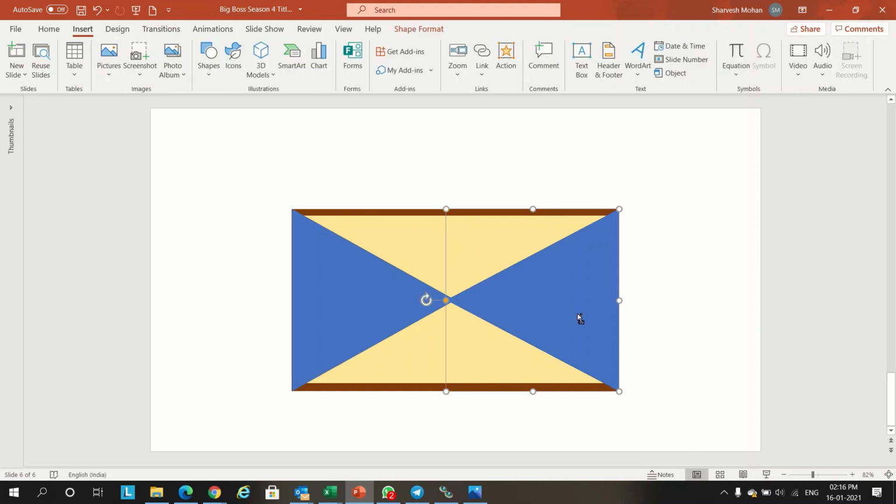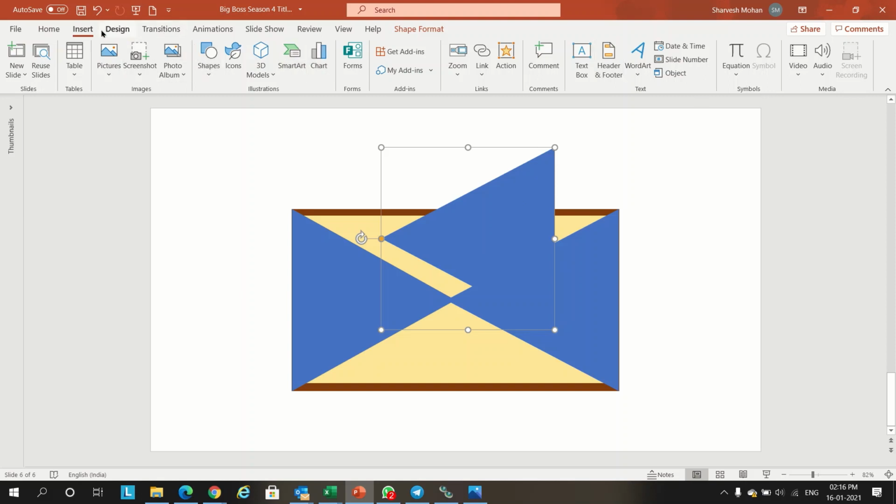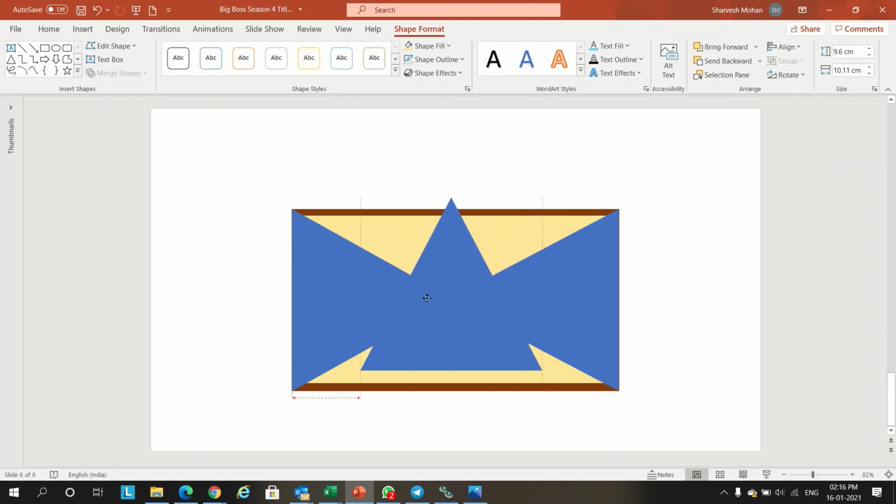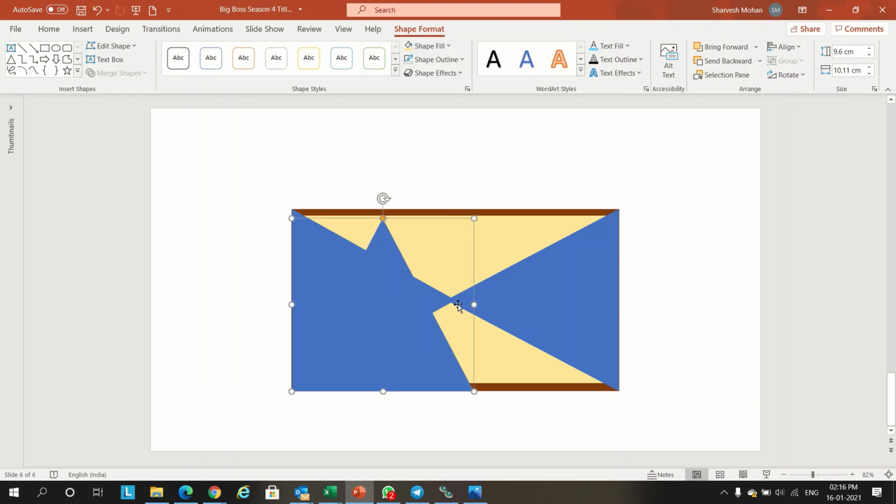Then copy Control D, go to shape format, rotate 90 degree, put it at the bottom of the rectangle, and we'll reduce it like this.